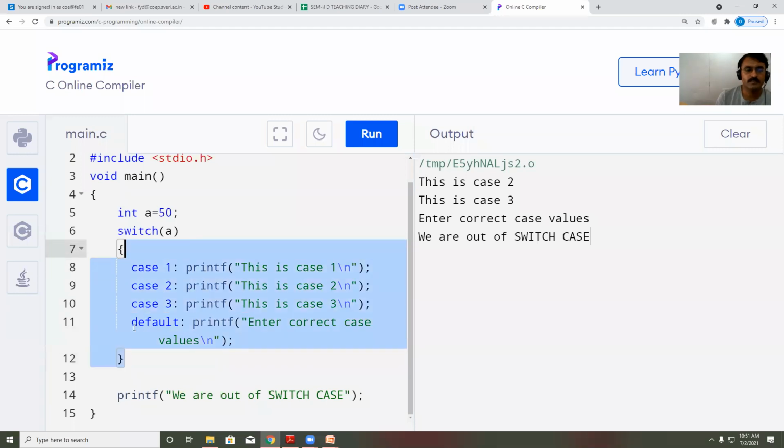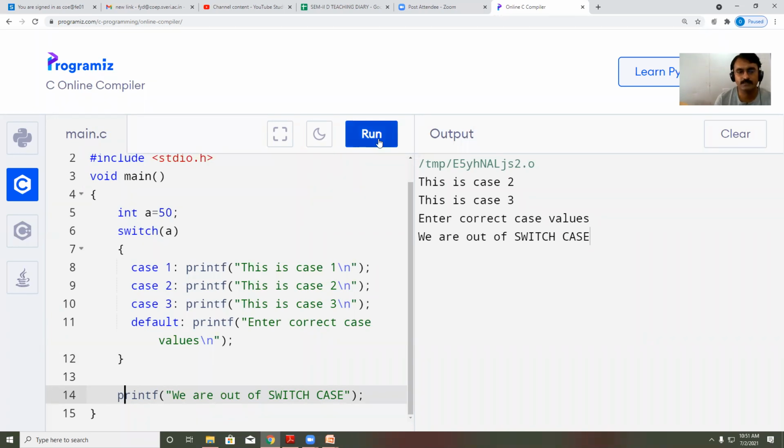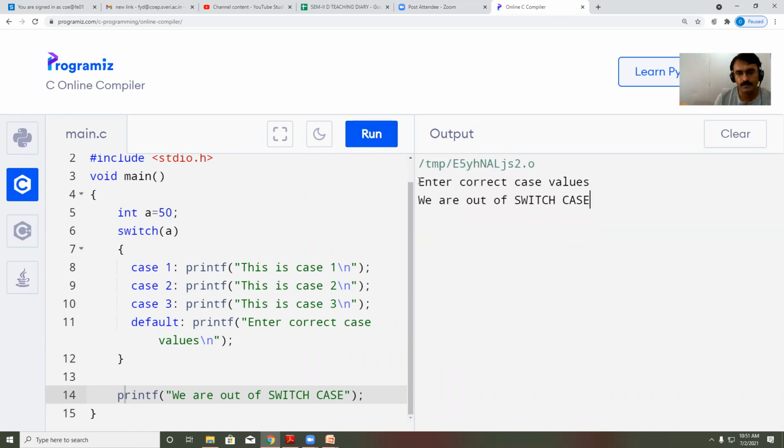The compiler will execute the default statement and after that the step by step instructions and statements will be executed. Now check, I have taken the value for the switching variable as 50. It only asks you to enter a correct value because we have selected only 1, 2, 3, right?